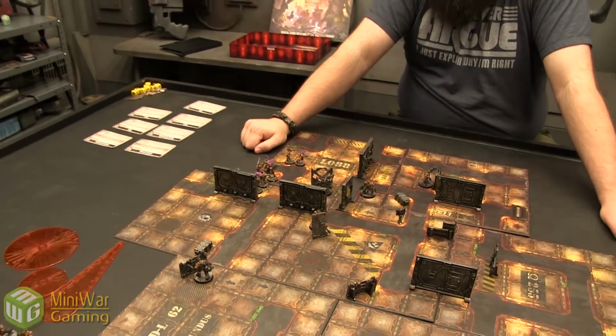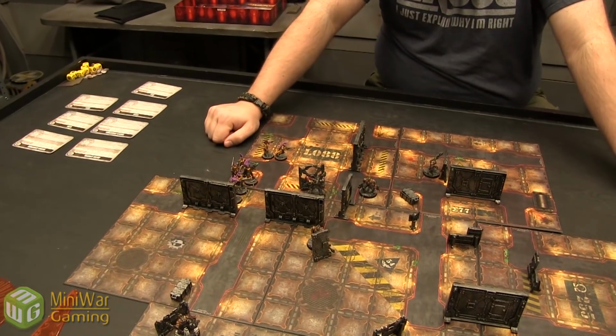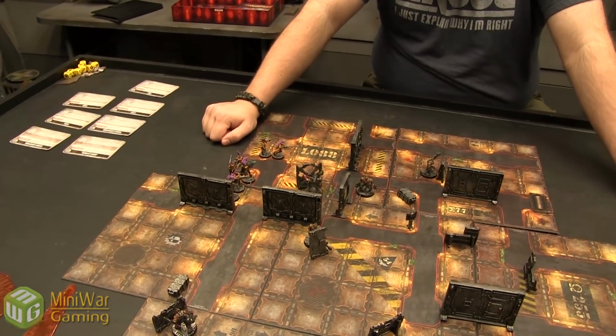Or I could just try to be alpha strikey and hope it works. Or just try and take the relic. Try and take my leader out right away. Yeah, I feel like if I can take a couple of your fighters out of action immediately. But don't forget I roll...